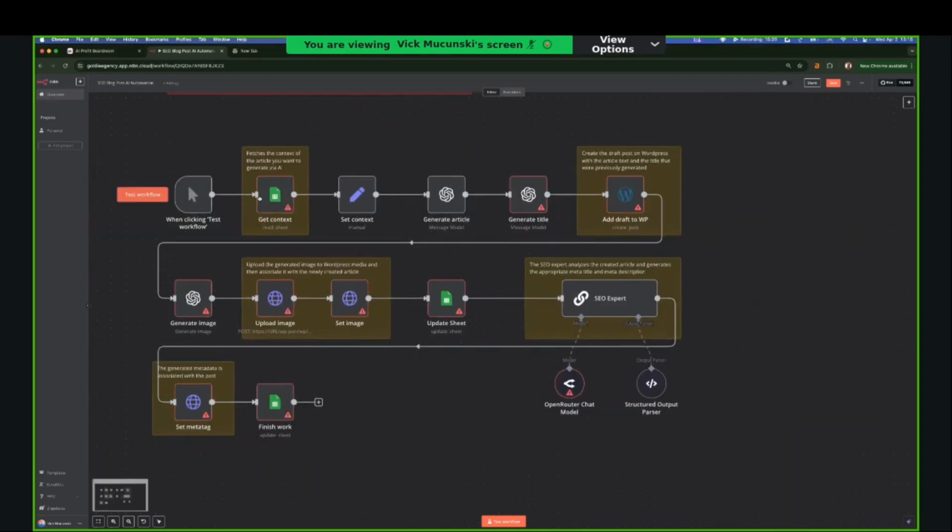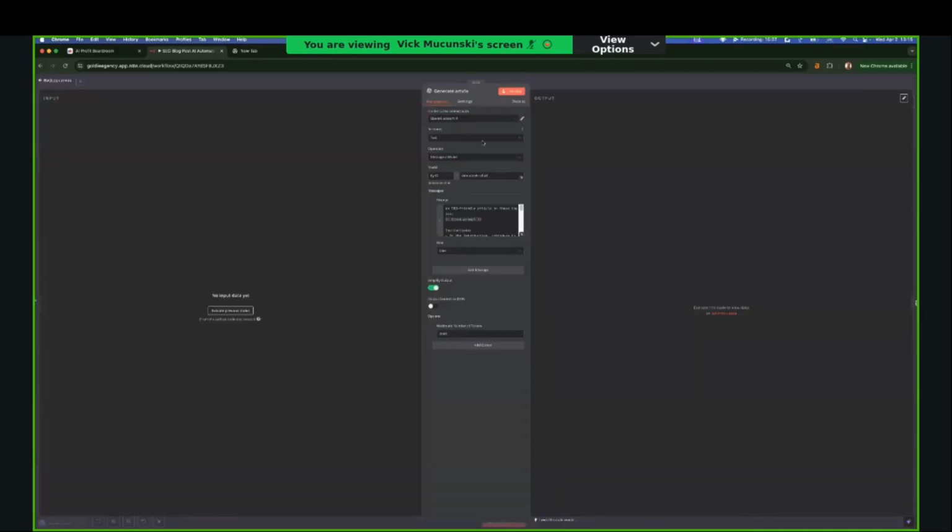Right now, none of the nodes are connected because it's just a template. But if I go into this specific generate model, which I've already plugged my credentials into just so I can show you, you can see there is already a predetermined prompt to make sure we are very standardized with the things it creates. And it's quite a long prompt, not something small. So this, in a way, lets us build a custom GPT within